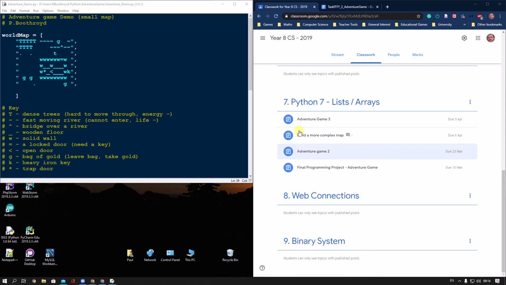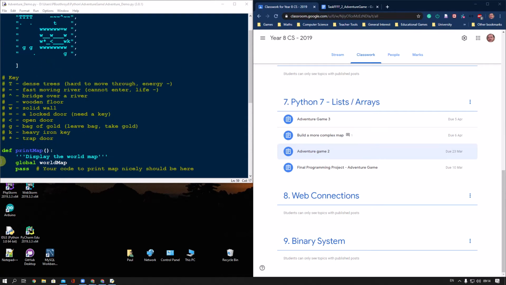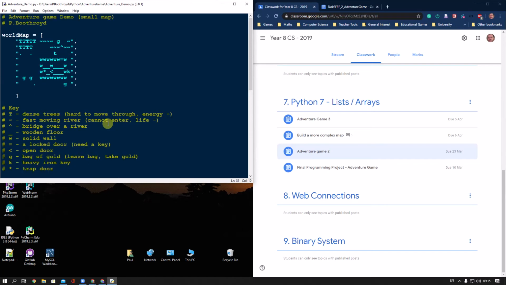Okay, what we should have done so far is you should have a basic world map, a key, and you should have written your own function to print out the map nicely, using things like global to access the map or passing it in as a variable, as a parameter. Notice you need to have written your own code, and that's the first task, was to have those three pieces done. I'll run my program,